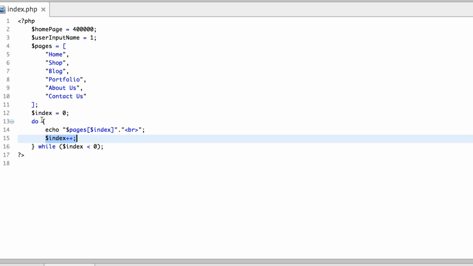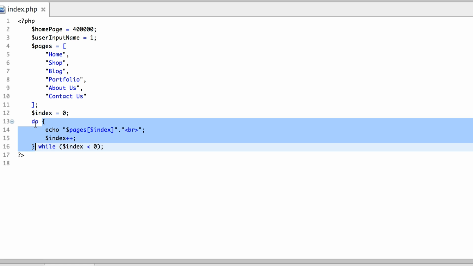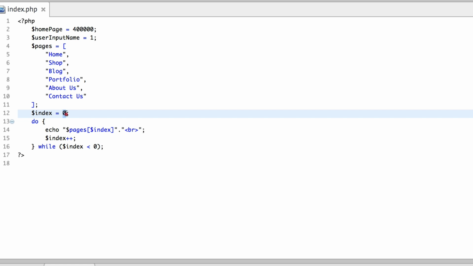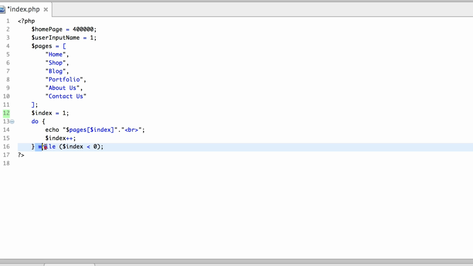So at the end of this loop's body, or at the end of this block of code, we have got the index with the value of 1. Now currently the value of index is 1. But because the loop is now going to check whether index is less than 0, it is actually checking that